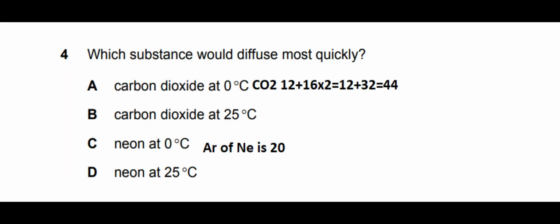Okay, the next question is, which substance would diffuse most quickly? To approach the correct answer, we must know that diffusion depends upon two factors, the temperature and molecular mass. Higher the temperature, faster is the rate of diffusion, and vice versa, and heavier the molecule, slower is the rate of diffusion. So using this concept, we see which one will diffuse more quickly. The one with the lower MR, so neon is having a lower MR, and neon at a high temperature will diffuse faster, so delta is the correct option for this question.